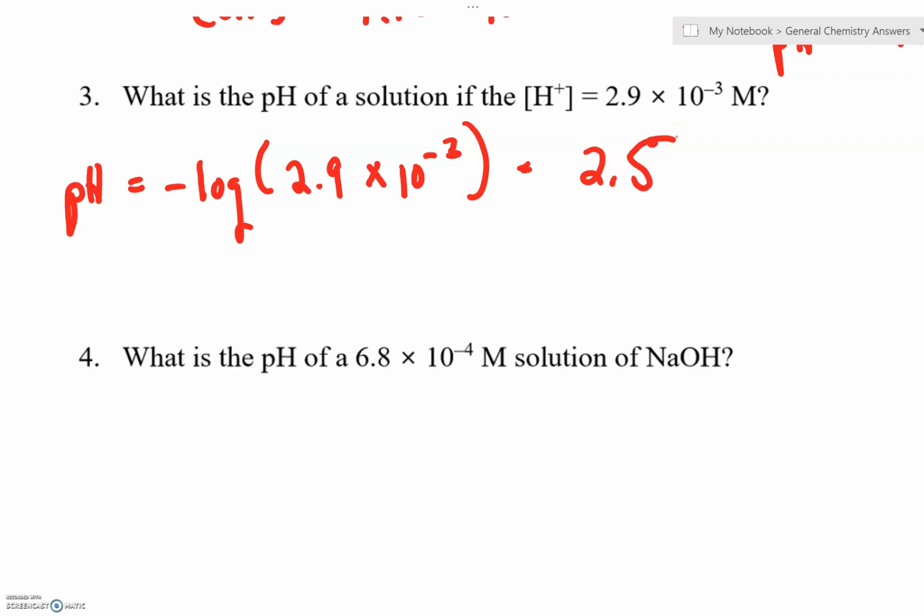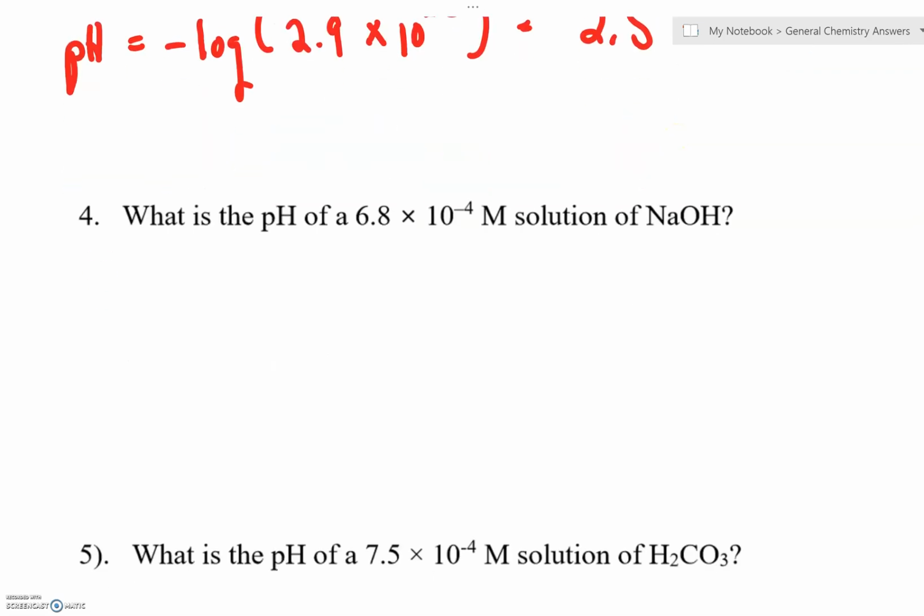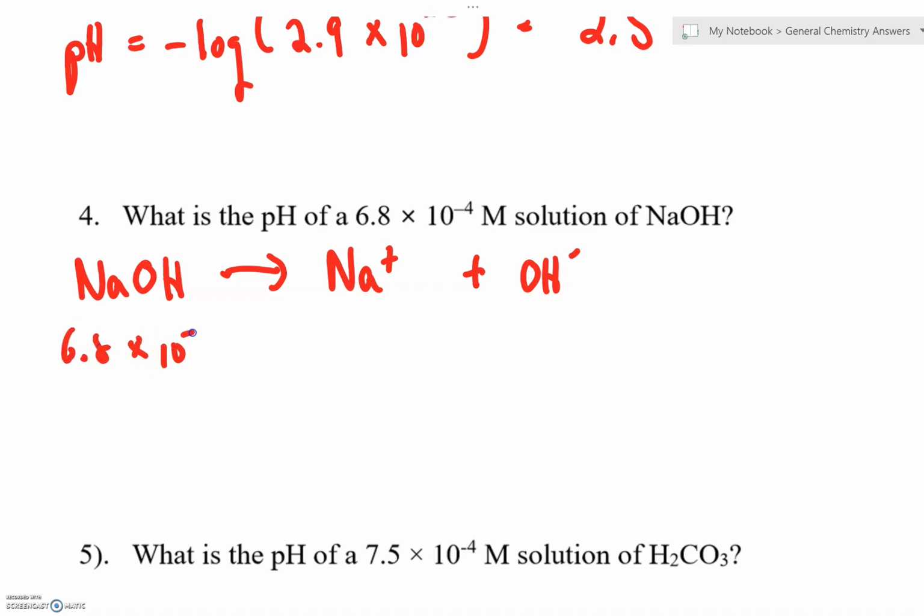Okay. Number 4, it gives us the concentration of sodium hydroxide, but we don't know what the concentration of OH minus is. What that means is that we're going to need to dissociate this. Well, you know how to do this. 6.8 times 10 to the negative 4 molar sodium hydroxide